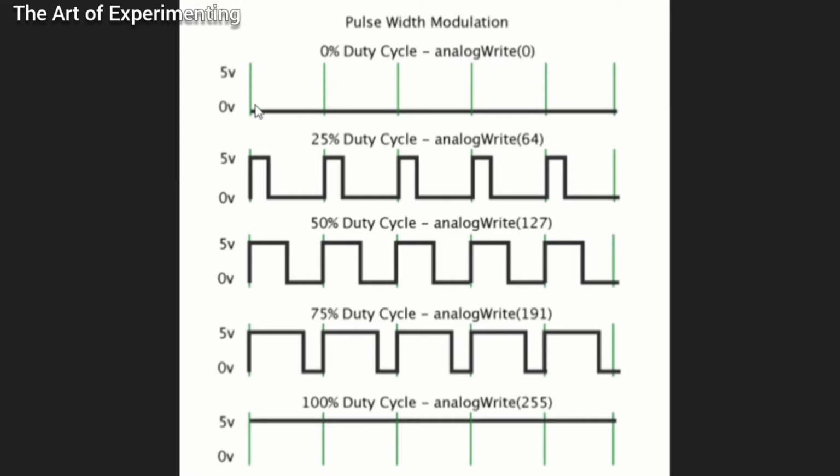When we are declaring it as 0 volt, in each duty cycle it will be a constant 0 volt. When we want 1.25 volts, which is 25% of this 5 volt, it is going to be 5 volt for 1 by 4th of each duty cycle. So it is going to be on for 1/4 of each duty cycle. When we average it, we will get 1.25 volt.